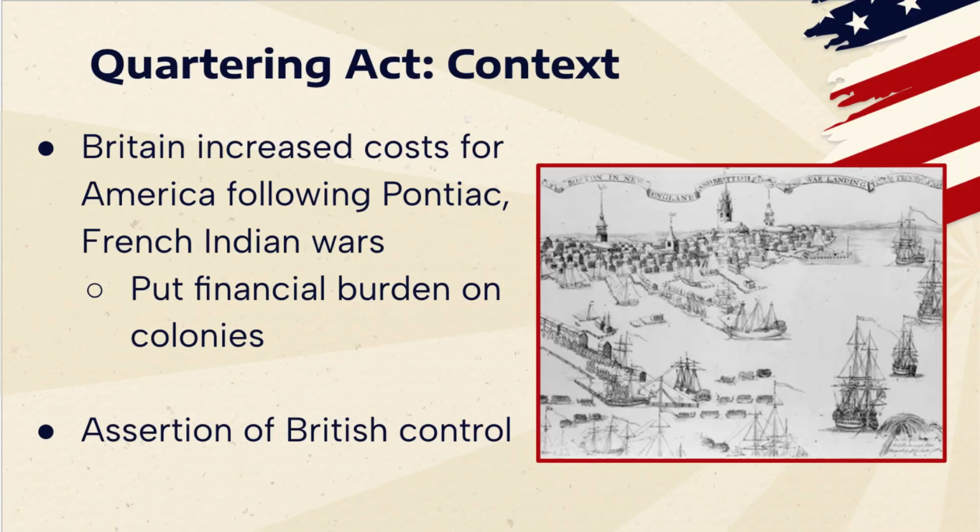The Quartering Act was part of a series of British laws passed in 1765 in an attempt to address the housing and supplies of British soldiers stationed in American colonies. Its primary context was Britain's need to maintain a standing army in the colonies after the French and Indian War, after which they wanted to secure its new territories and suppress any uprisings, especially from Native Americans.